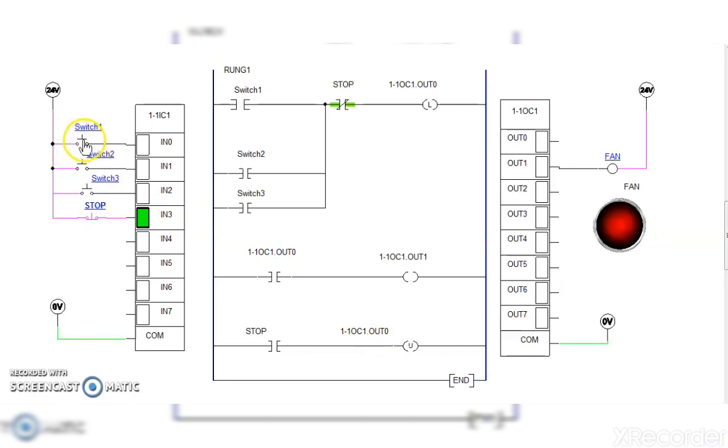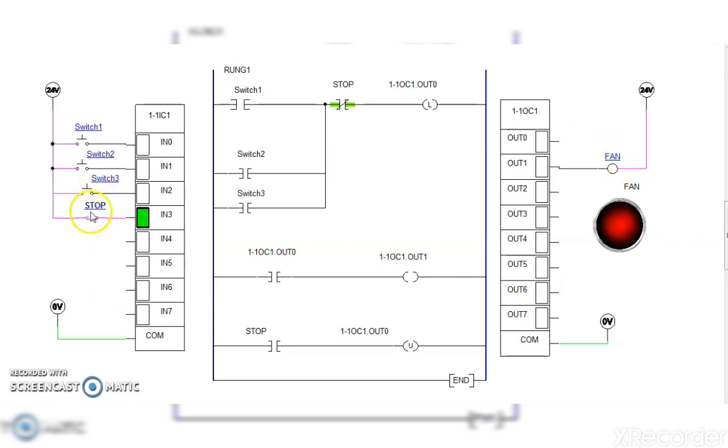Now let's start by operating switch 1. When switch 1 is momentarily pressed, that is, pressed and released, switch 1 will get energized, means this contact will get closed. It will give supply to this out 0. It will get energized or latched, means this switch will get closed, and it will give output 1, that is, the fan will be started.